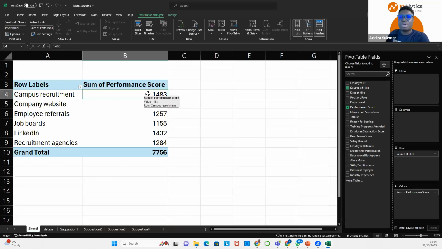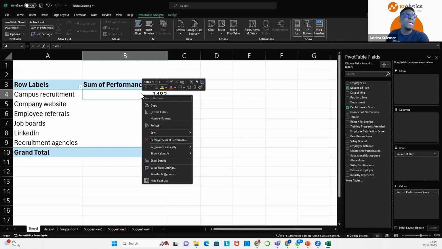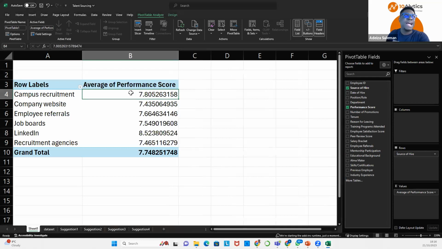So how do you change the sum to the average? Simply go to any of the numbers on your table, right-click on it. Okay, go to where you have summarize values by. The default would be on sum, but you know that you don't want the sum, you want the average. You go to the average and then you click on what? Average. And it gives you the average. Remember, the first thing we did, Excel did it for us, so it looked very good and very simple, but now we are doing it ourselves.